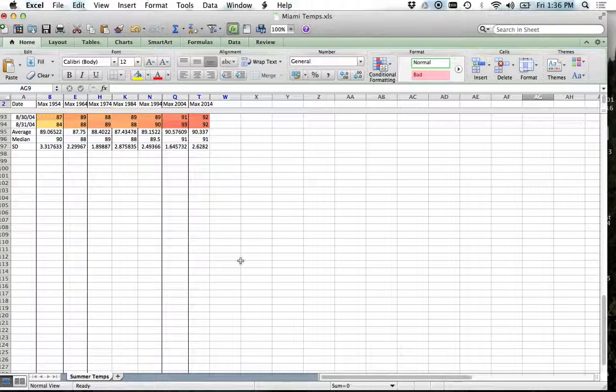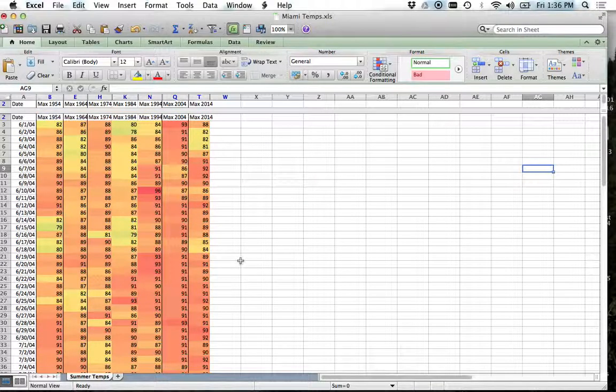Which was the most consistent summer? Meaning the maximum temperatures stayed around the same level. Which one? 2004. Yep, exactly. Okay, well, let's graph these. And so this is basically what I'm going to have you